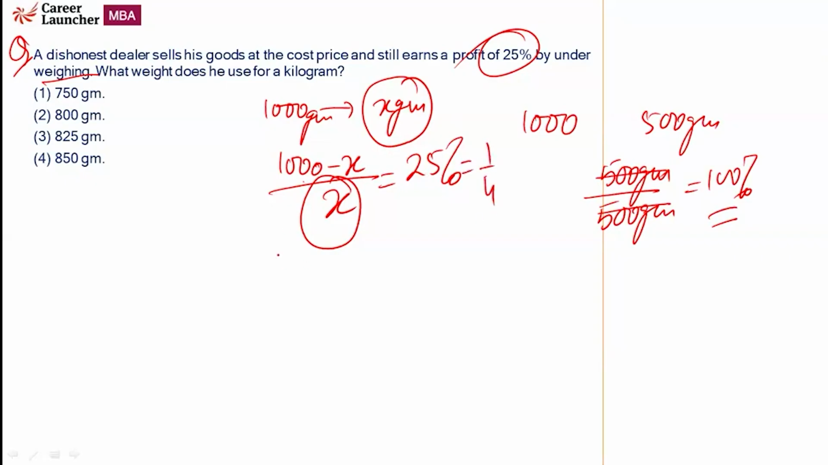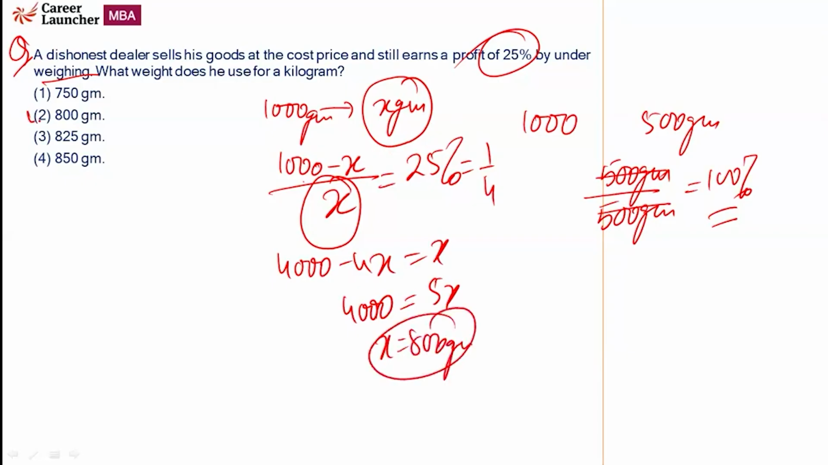25% which is 1/4. क्रॉस मल्टीप्लाई देम: 4000 minus 4x is equal to x, और 5x is equal to 4000, x comes out to be कितना? 800. So I'll say the 1000 grams should be changed to